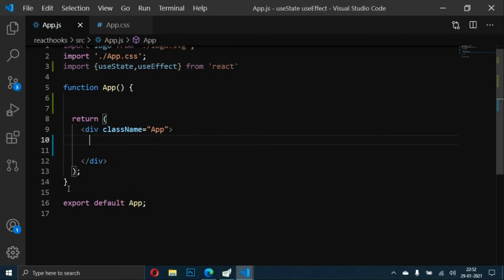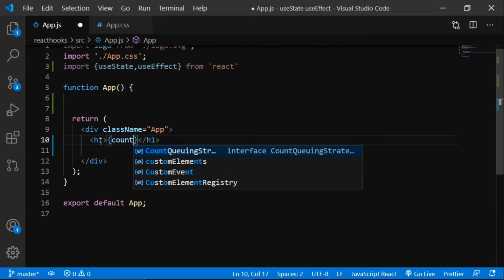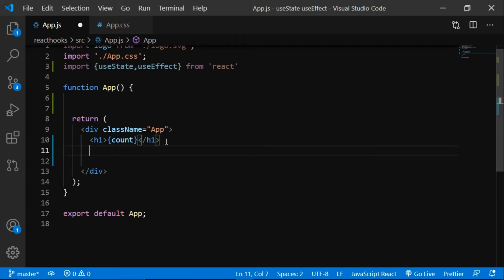So what we are gonna do in useEffect is, we will obviously add h1 first. So let's add h1 and count, the same thing. I think I will regret my decision to delete everything. And the second thing is, let's first declare some useState here.